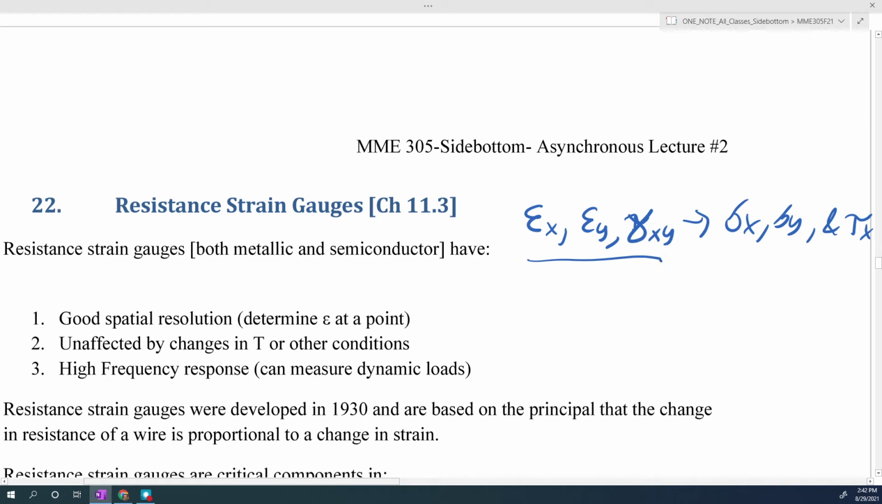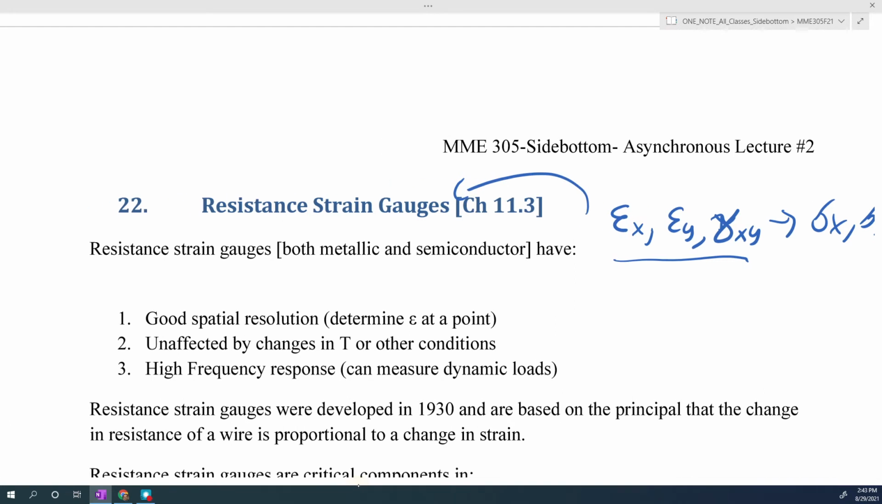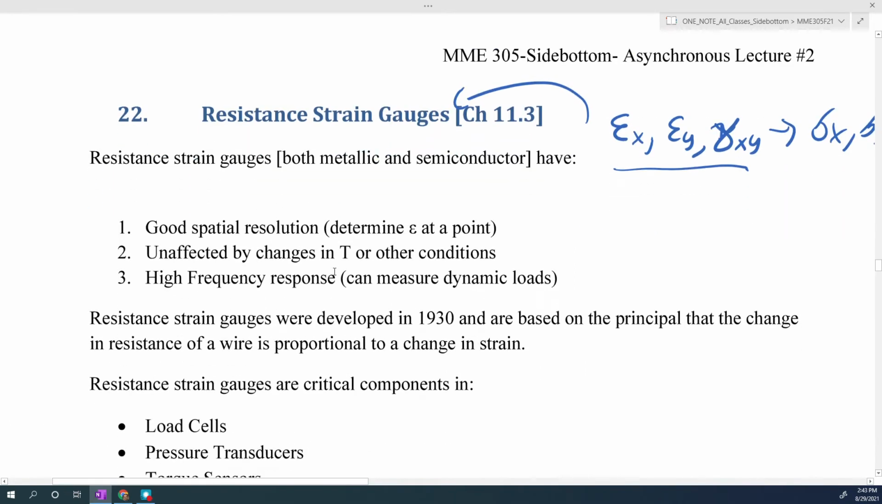y, and gamma xy, using these resistance strain gauges that we have here. So resistance strain gauges, there's two major types, metallic and semiconductors. Both of these have great spatial resolution, which means they can determine the strain at a specific point within a structure. Typically, they're unaffected by changes in temperature or other conditions, and they have very high frequency response, so they